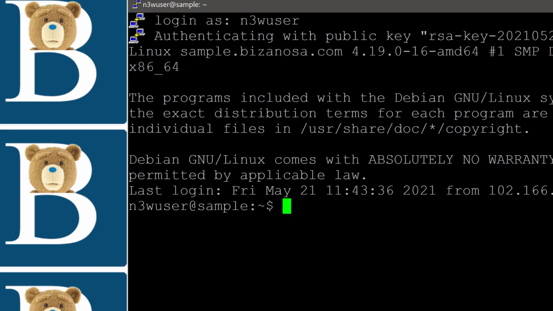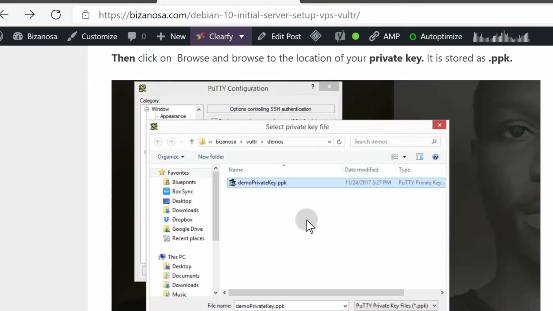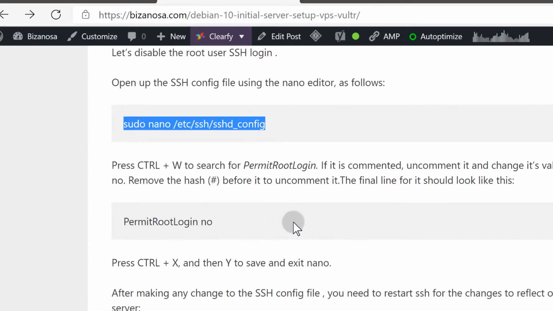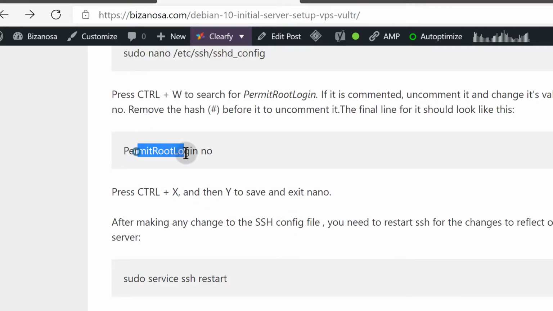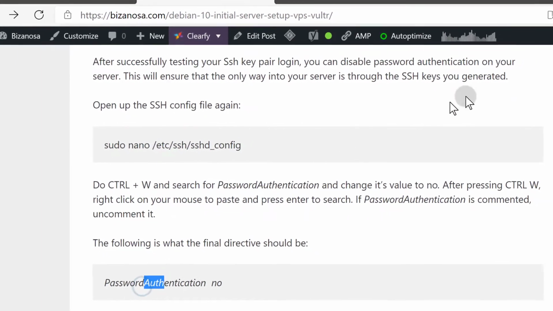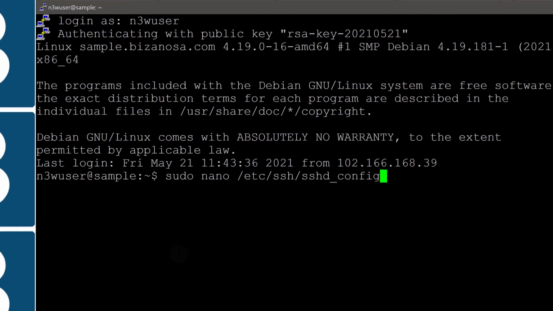So let's just come here, and all of this is here. Okay, you don't have to worry about this. This stuff is all here. So I'm just going to open up the SSH configuration file there, and I need to disable root login, and I also need to disable password authentication. Only those two. Those are the only things I'm going to change. So I'm going to come in there, and I'm going to do,